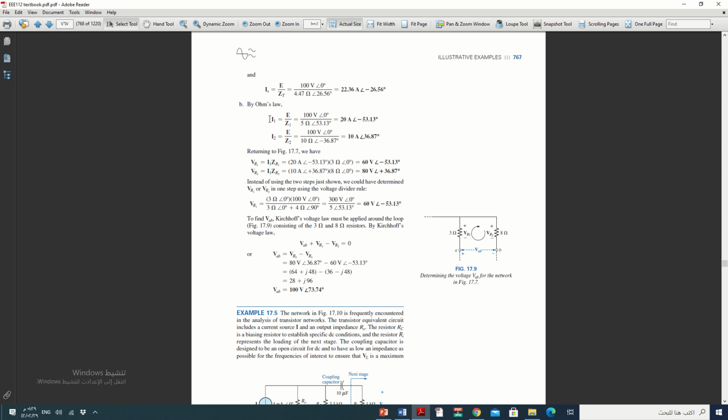Okay, after we found I1 and I2, we can multiply I1 by R1, and I2 by R2. Sorry, it is written I1, but it is I2, I2 with R2. Okay, see here 10 and this 10. This is my mistake, a typing mistake, I2. You will multiply and find the answer. After we found VR1 and VR2,